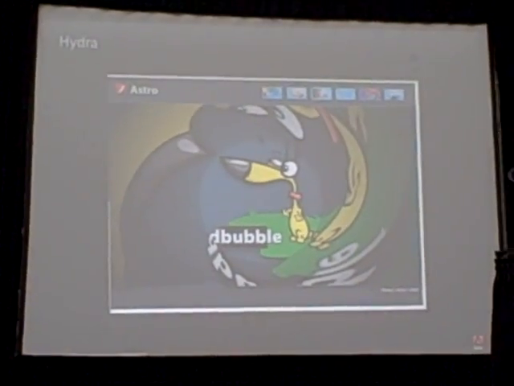Another example of the text that you're going to be able to do in Vellum. This is an example of a Hydra